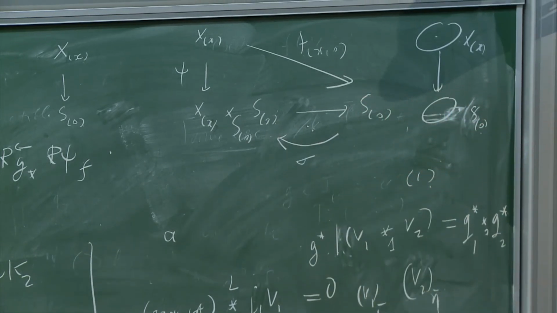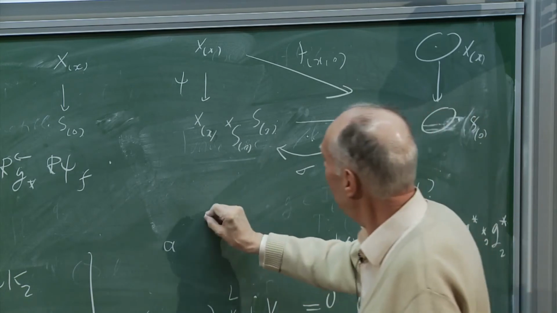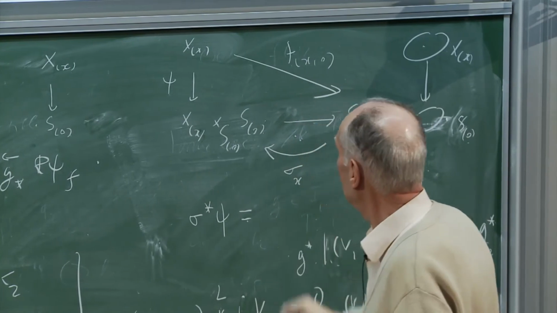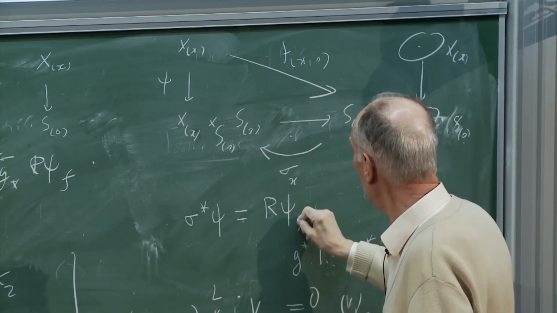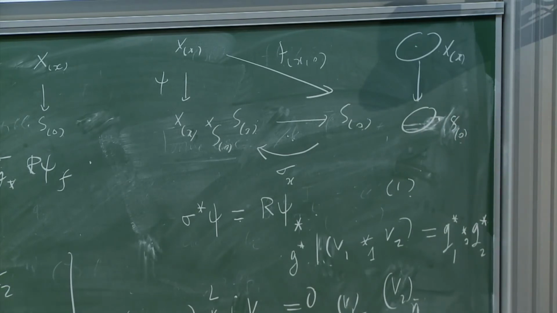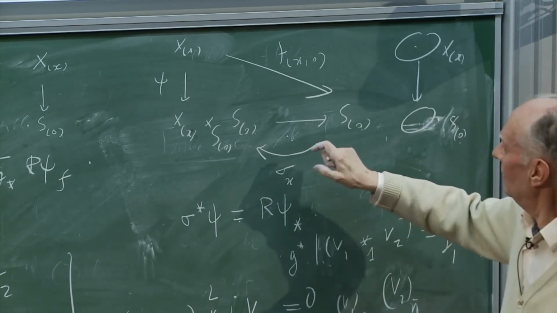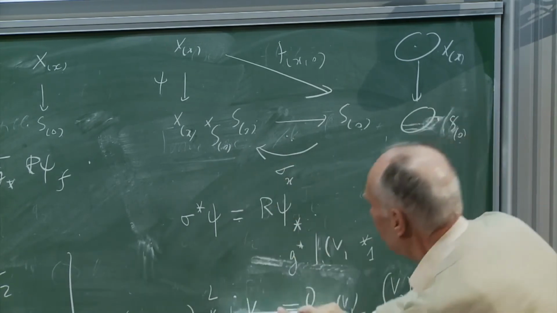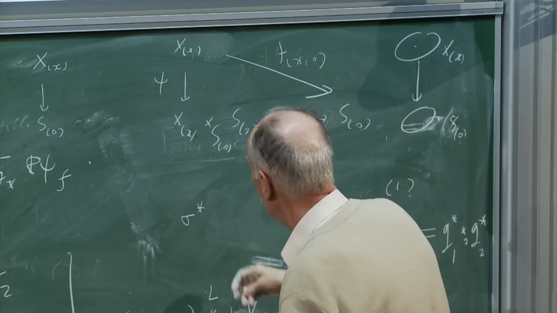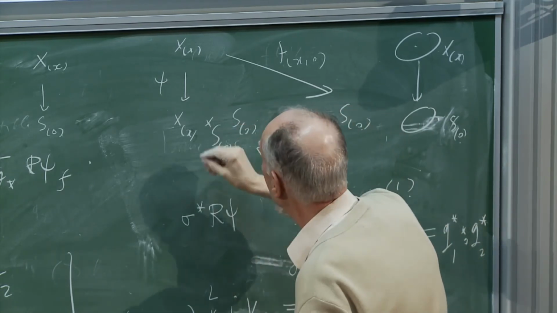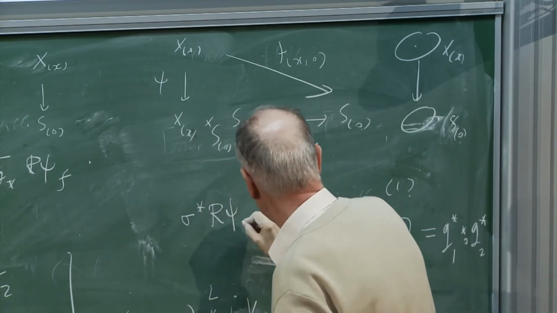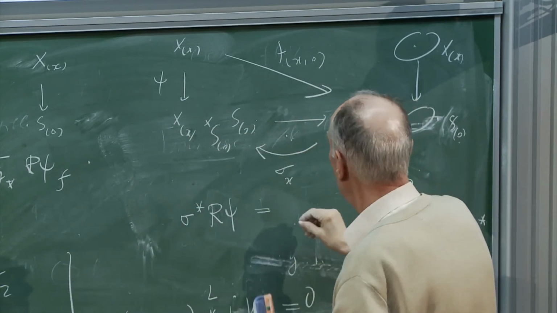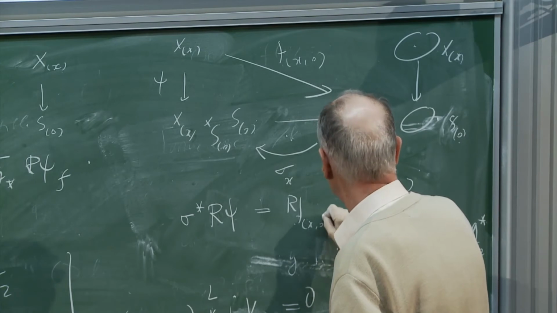sigma. And in fact, it has the property, so it depends on the point x, that sigma star of R psi is just R psi star. So if you take R psi sigma star, sigma star, nonsense. Sigma star of R psi here, this is in fact the, so you take sigma star here or this, and then you get RF X S